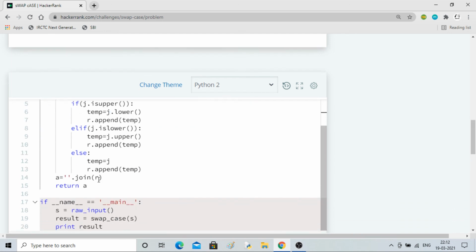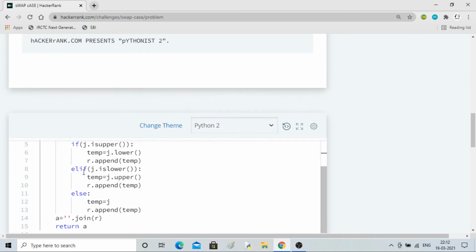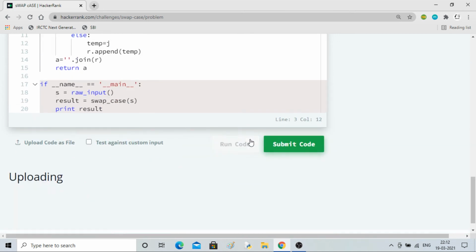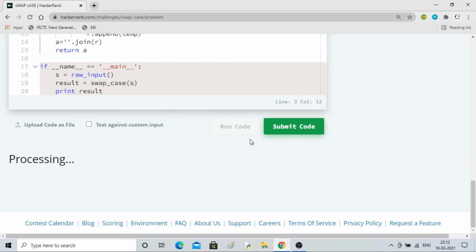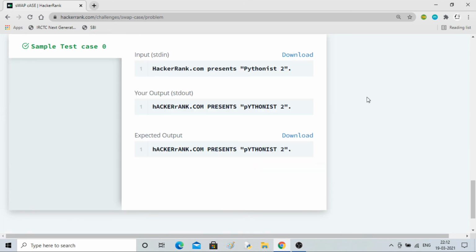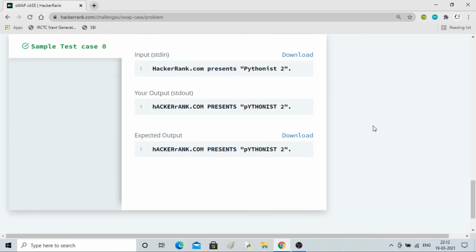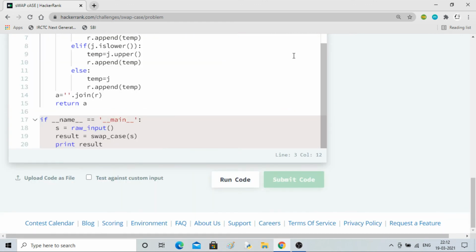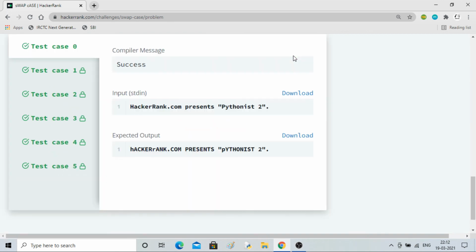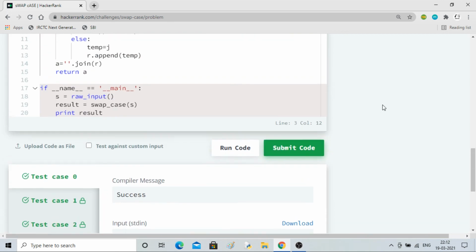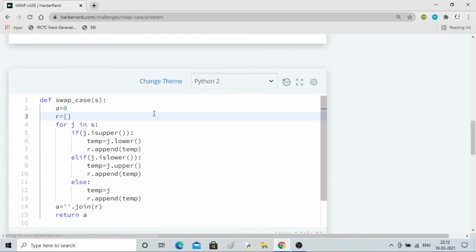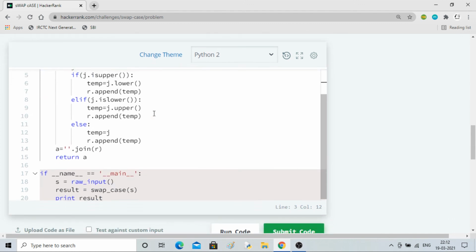So I don't think here also they will check the constraint. Let me run the code. Even if you do not write the constraint, it will work. See, they should check the constraints as well, but still it's fine. So I'll submit, and you will get the same answer. Okay, so actually it is better not to write it if they are not checking it.